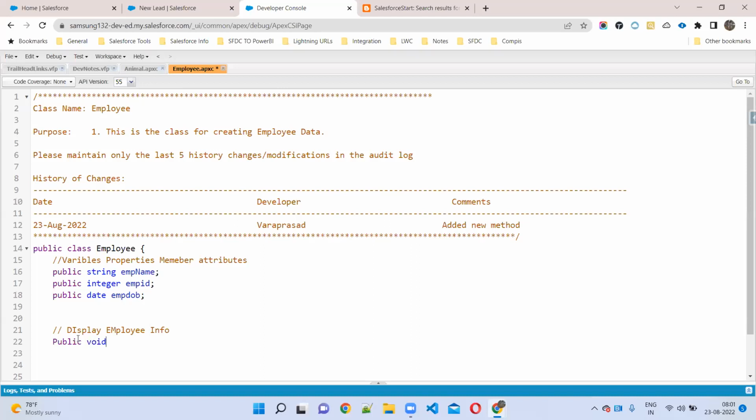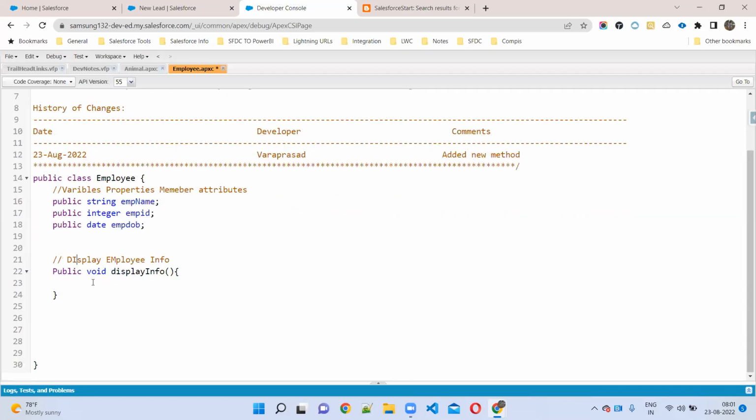I will take void now; there are other return types we'll discuss later. Method name we will take display. Then brackets, open and close, then flower brackets. Understand, sir? This is method syntax.